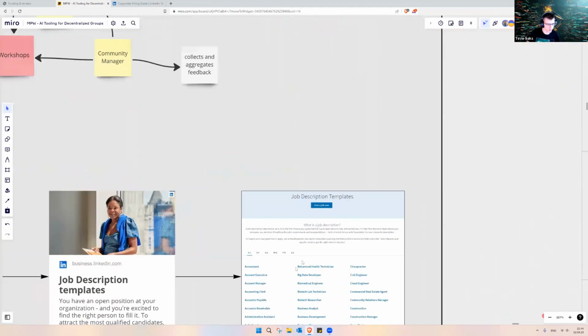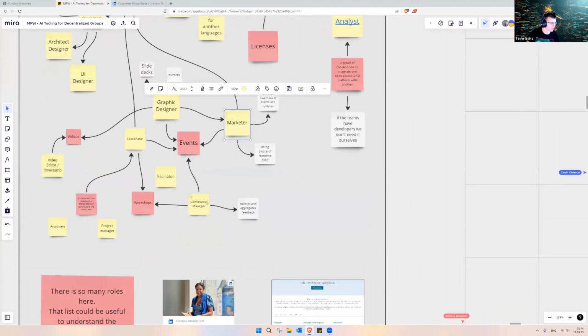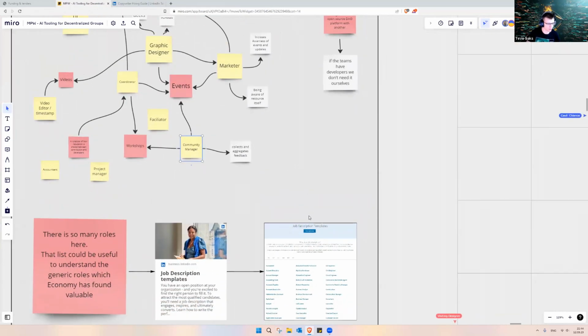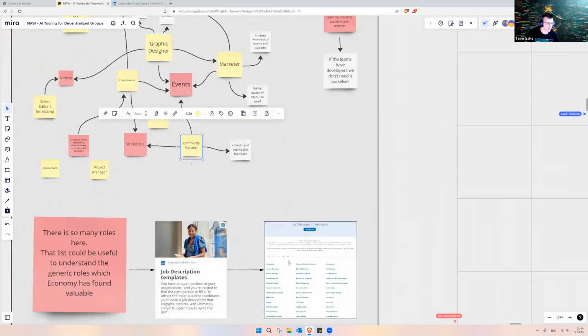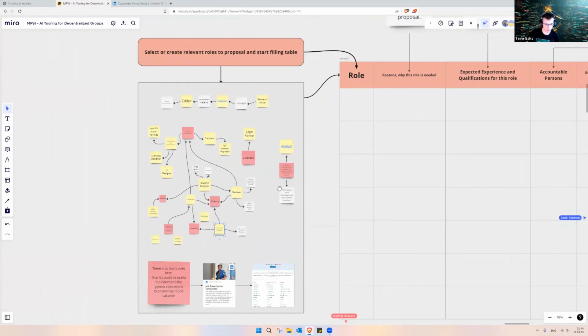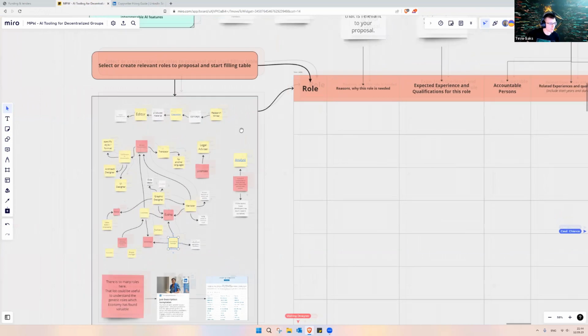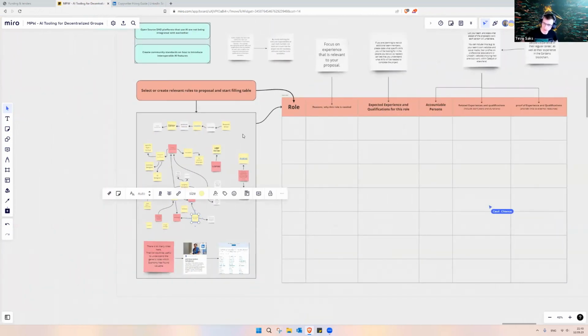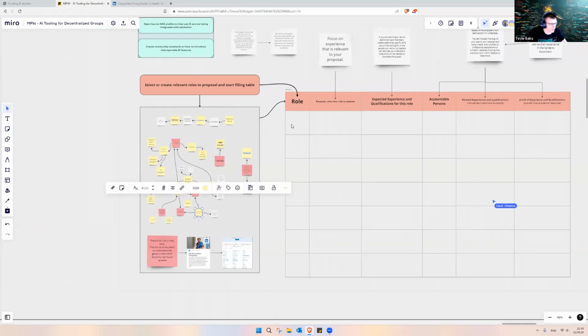When we said marketer or facilitator or community manager, we could most likely find these matches in job descriptions and find what skills these roles would require. But for now, we are going to do the mental exercise, however you want to call it, and come up with these skills ourselves.